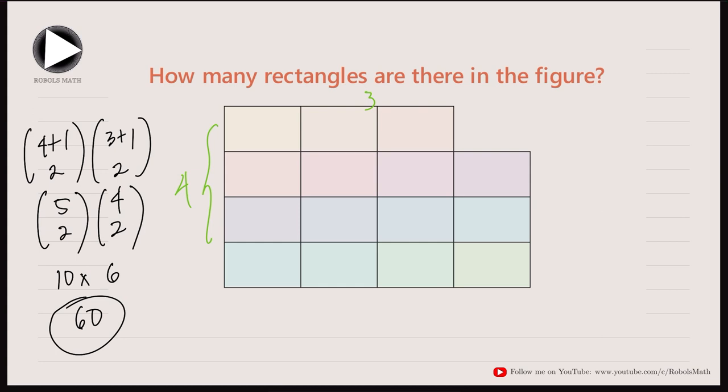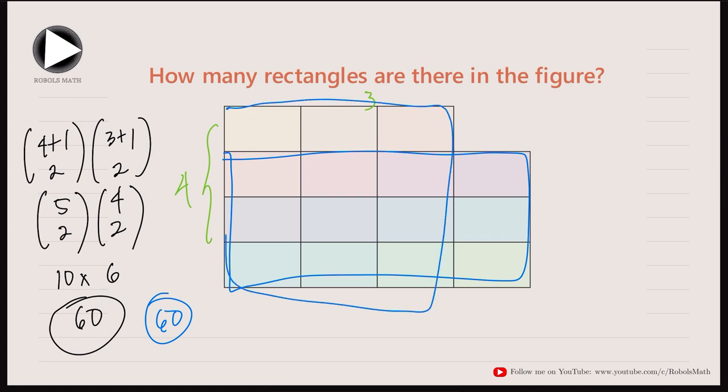If we look at the horizontal one, this is basically a 3 by 4, a 4 by 3 rectangle, but rotated. So the number of cases for that one is also 60. You get it? So for this vertical one, there are 60 rectangles. For the horizontal one, there are 60 rectangles as well. So we're now left with